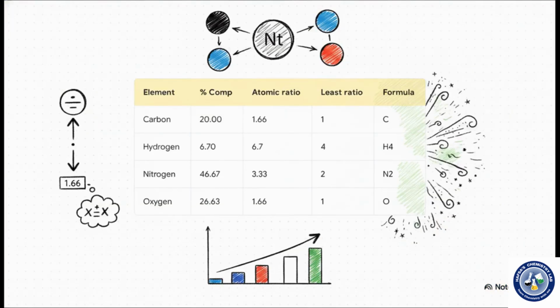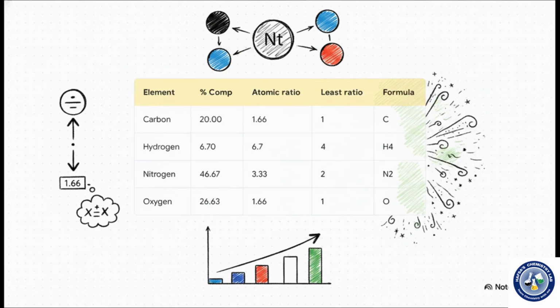You know, finding an empirical formula is kind of like stripping a molecule down to its most basic blueprint. It's the simplest atomic ratio. So imagine a lab analysis tells you an organic compound is exactly 20% carbon, 6.7% hydrogen, 46.67% nitrogen, and 26.63% oxygen. At first glance, that just sounds like a bunch of random numbers, but there's a really beautiful structured logic